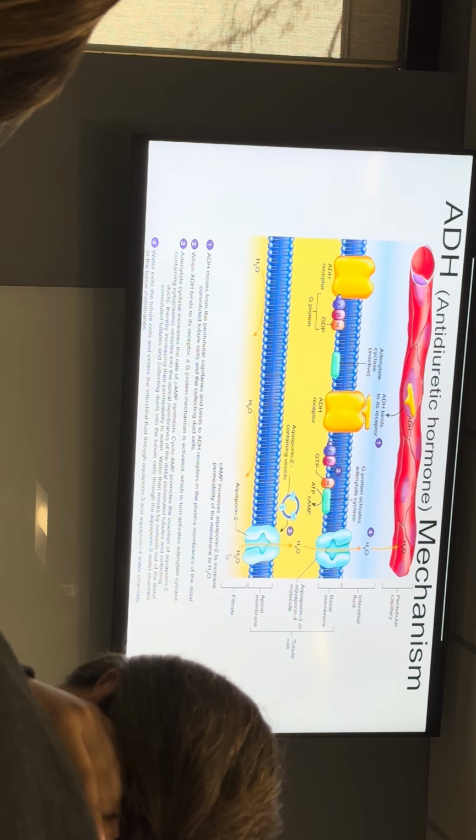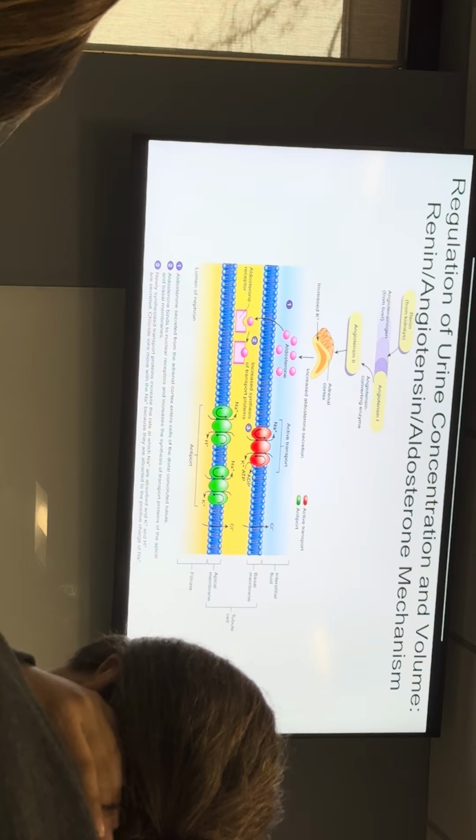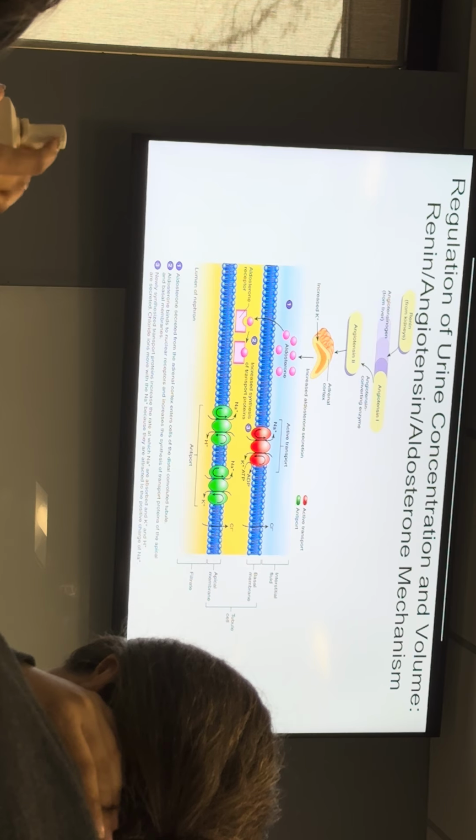Then you add the aquaporin 2 molecules in here, and water will undergo simple diffusion, which is osmosis, where water goes from high water concentration to low. So you are then able to reabsorb water. And if you combine this with aldosterone, if you're retaining more sodium, you're going to retain even more water, because the water follows the sodium. So these mechanisms work together.